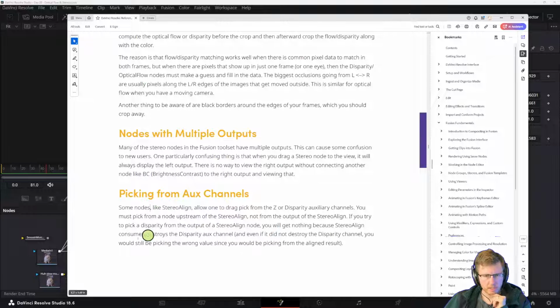Okay. Picking from auxiliary channels. Some nodes, like stereo line,